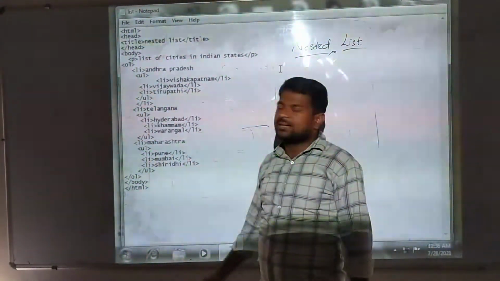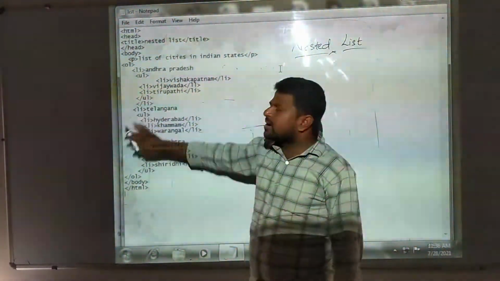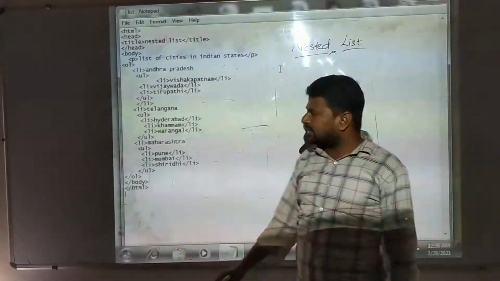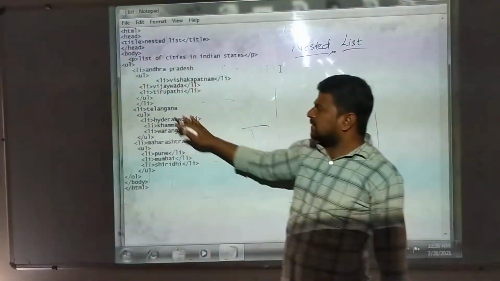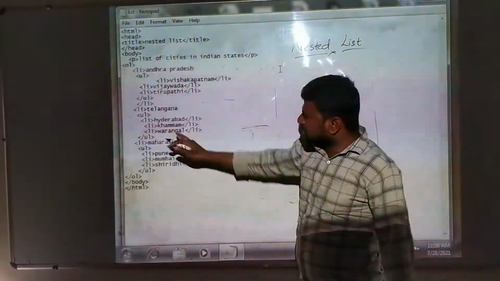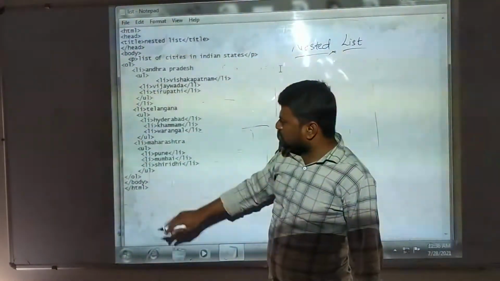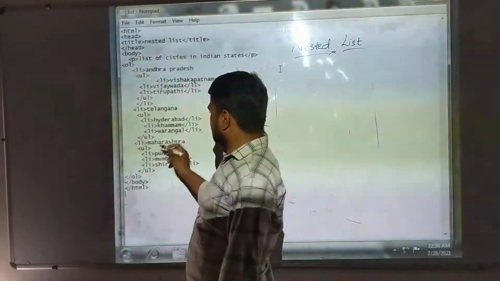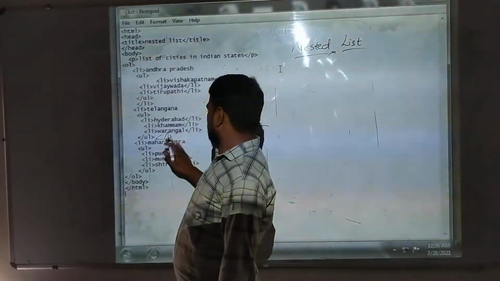So Telangana state. After giving the unordered list tag, I am giving the list of cities: Hyderabad, Khammam, Warangal are the cities in Telangana state. Unordered list closed, and we also need to close the Telangana list here.